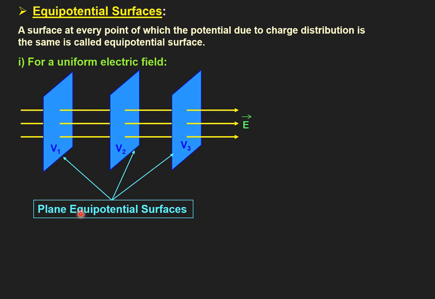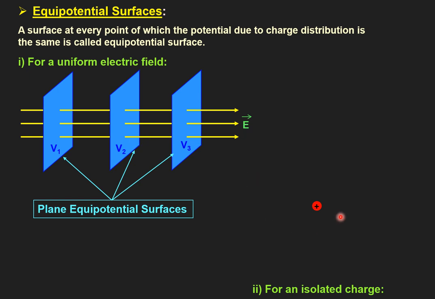Plane equipotential surfaces. Now similarly, if we have an isolated charge, what type of surface can we draw? Let me call the source charge any positive charge I have taken. To draw an equipotential surface, we should first know the pattern of electric field lines. Like in the previous case, the electric field was uniform, so the field lines were parallel and straight.